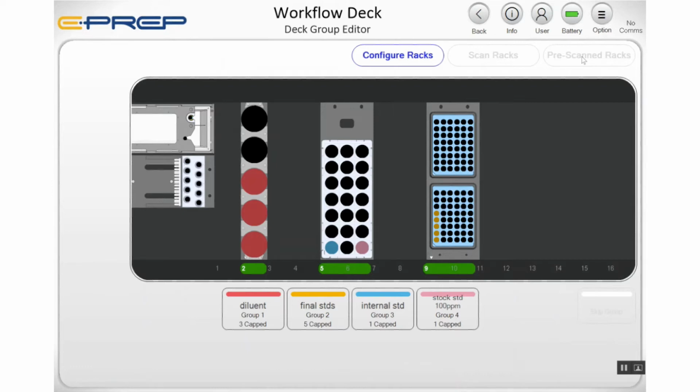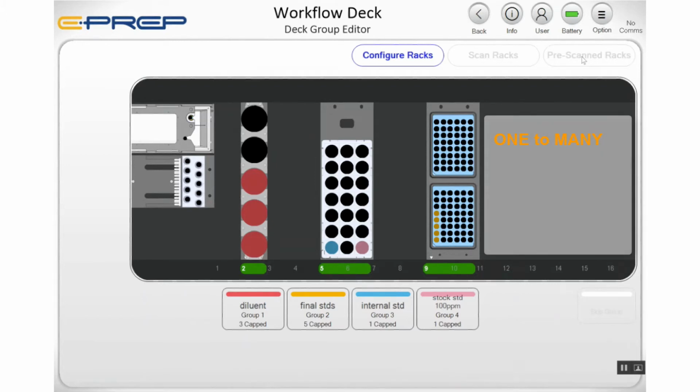A good example of the one-to-many task is the Add Diluent task. In this example here, a defined volume is transferred from a diluent container to each of the output vials. The Makeup to Volume task looks very similar to the Add Diluent task, but in this task, the final volume is defined and the software will calculate for each vial how much volume needs to be dispensed to reach this